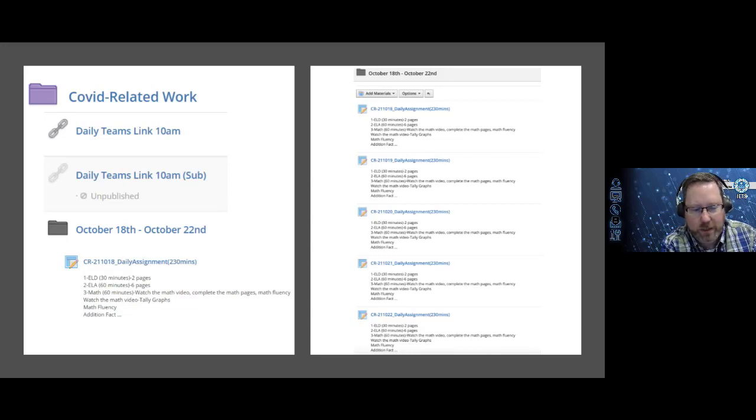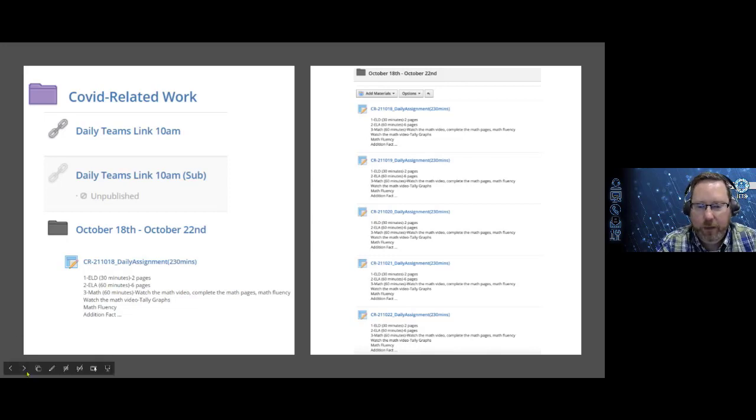So there's still a session of Microsoft Teams on the schedule for today. That will show you how to do the daily Teams link and the sub link. But what we're talking about right now is the weekly folder and then the daily assignments on the left-hand side. On the right-hand side, you're just seeing the overall weekly folder, and it has those 5 different daily assignments with the correct naming